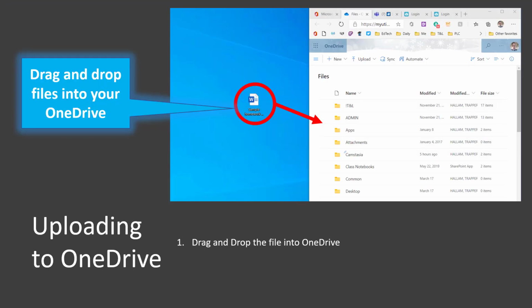Now that we have OneDrive open, let's look at how to upload a document from our computer to OneDrive so it's backed up. With OneDrive open, find the file that you would like to upload to OneDrive. It can be located anywhere, like on a desktop as seen in the picture. You can also access the file by using the File Explorer, like we talked about